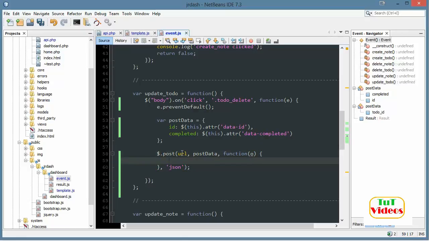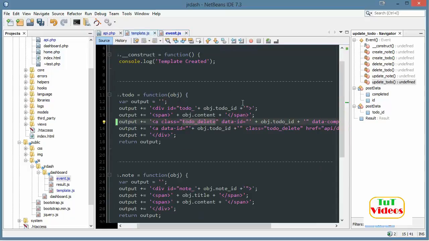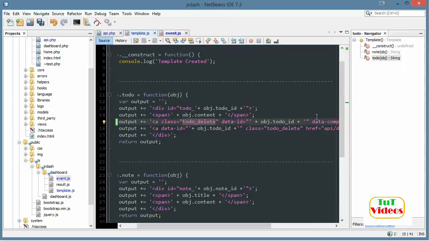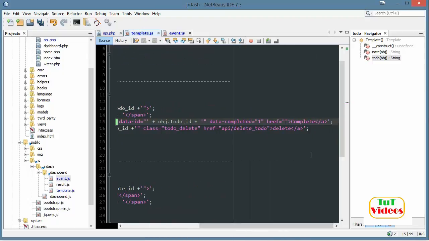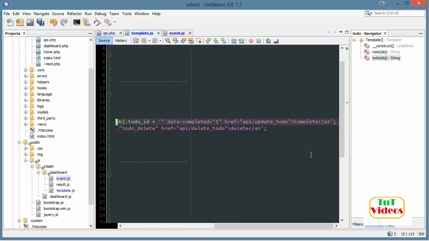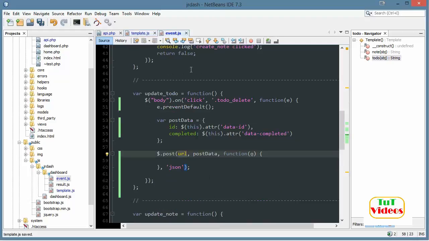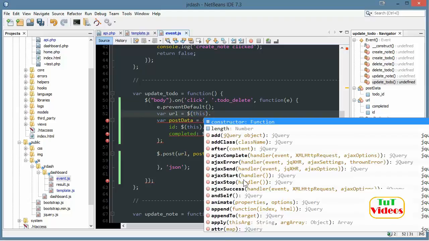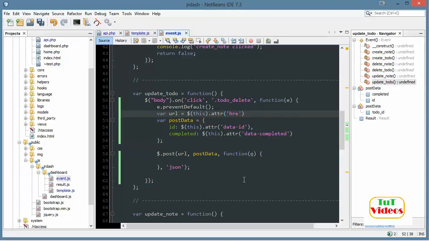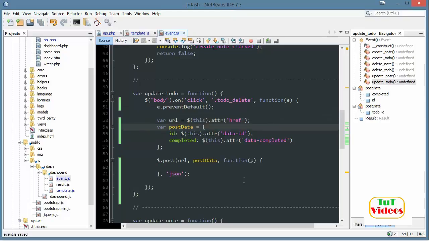So for the URL, let me check if we have it in the template. Okay, so for the href we could just put it in here so it's consistent with everything else. So I'll say API slash update to do. Okay, and var URL equals this dot attribute href. Okay,